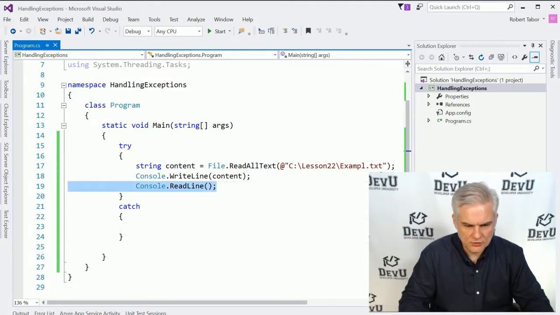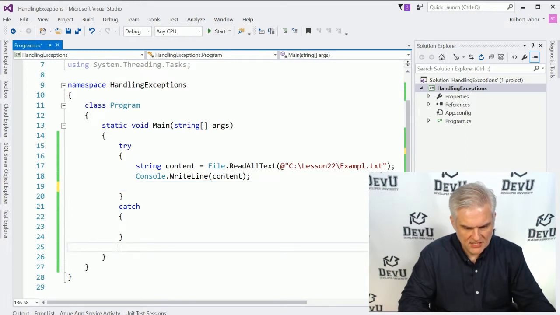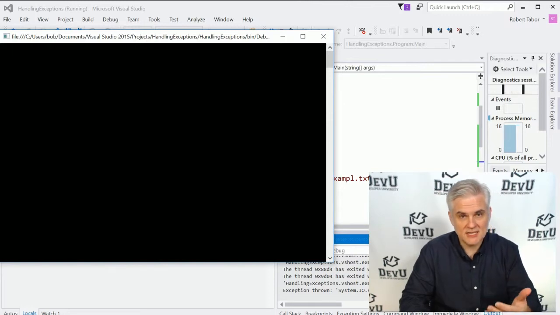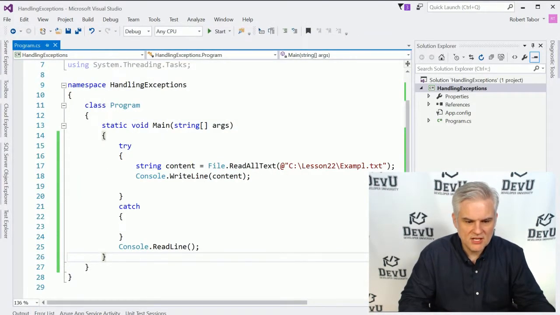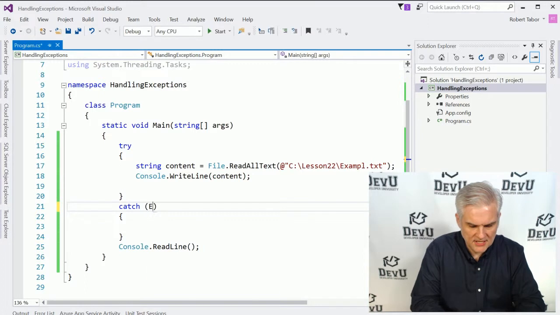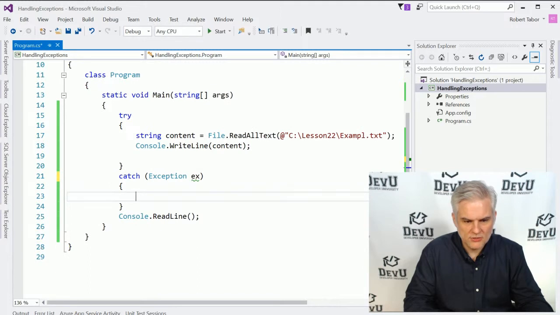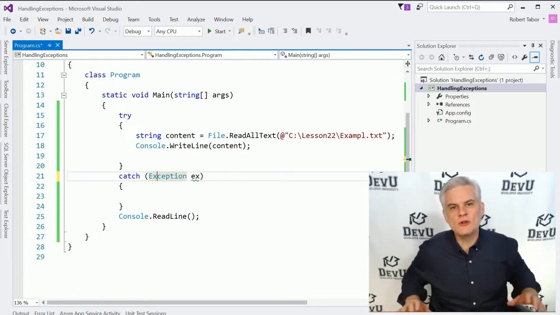What if we were to move this to right there? We would at least see the application now run for a little bit, and we would see no output. So still not an ideal situation, but at least we're not seeing any exceptions. Let's go one more step with this and say let's actually catch the exception that occurred. So here we're going to catch an exception that we're going to call EX. Now, exception is the most general